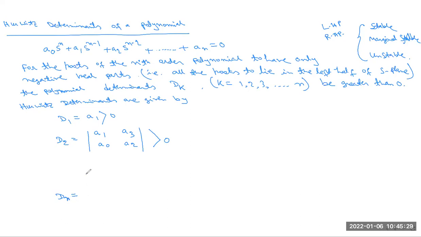So Dn is equal to a1, a3, dot dot dot, up to the term a2n minus 1. Okay, another one is 0. One thing please remember: first the odd numbers 1, 3, 5, 7, and so on. Next, the even numbers, that is a0, a2, then a4, a6, and so on. The last term coming is a2n minus 2. Okay, is it clear, all of you?